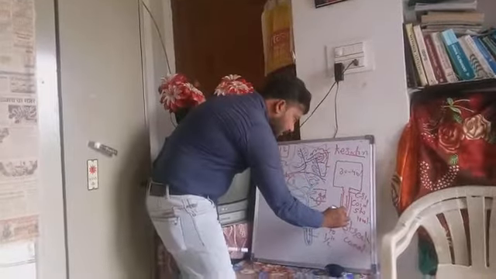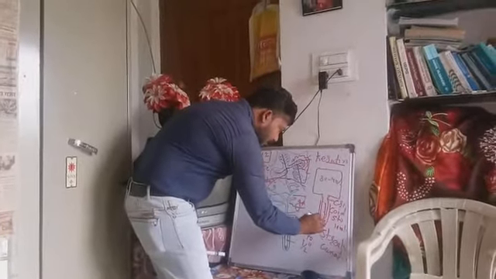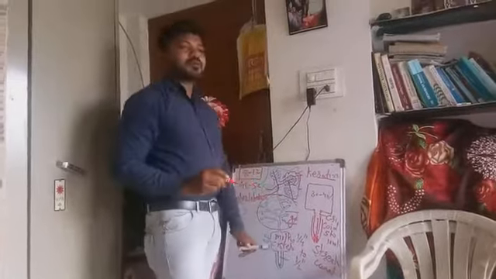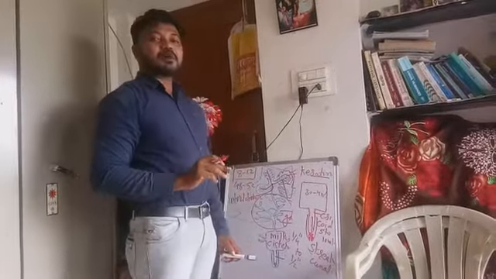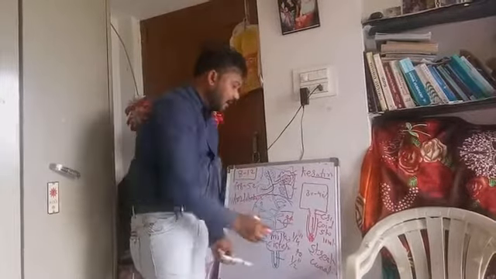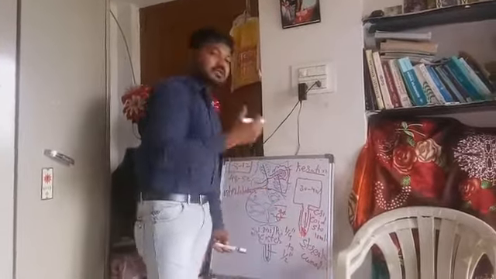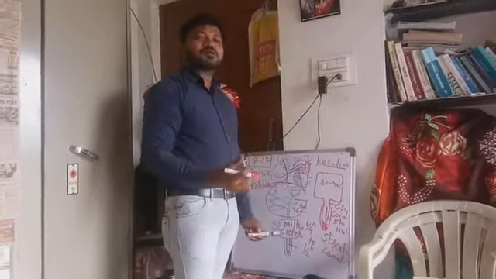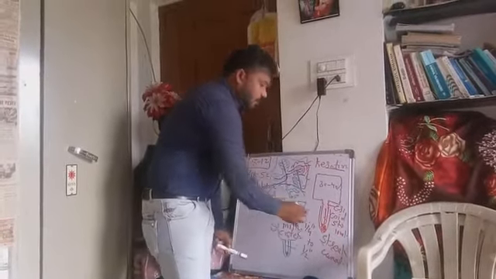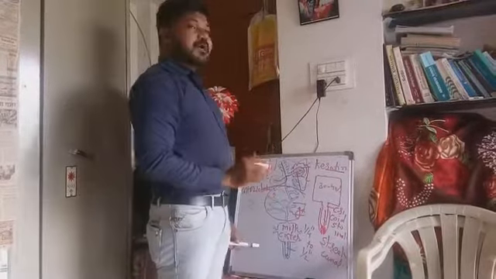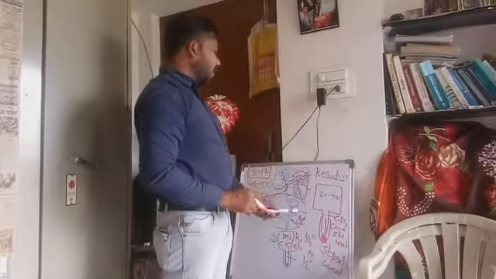This streak canal is surrounded by a special type of muscle called the sphincter muscle. The sphincter muscle closes the streak canal when milking is over. That is the important function of this special muscle. So this is all about the